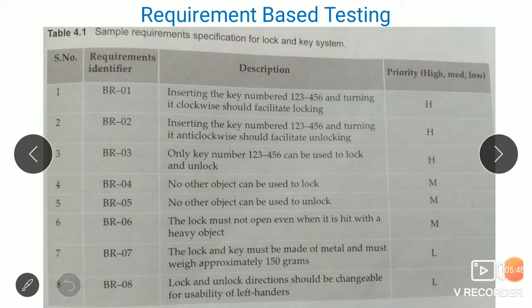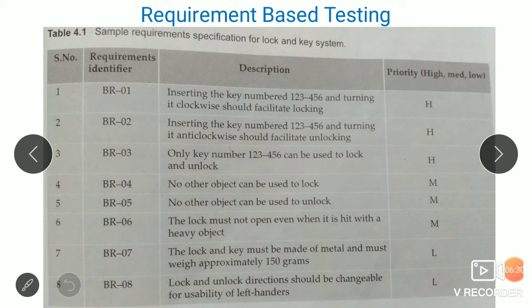The requirements are identified with BR, meaning black box testing requirement 1, black box testing requirement 2, like this. Then the description of the particular requirement and the priority. We will see the first one, BR01, means black box testing requirement 1. What is the description here? Inserting the key numbered 1 2 3 4 5 6 and turning it clockwise should facilitate locking.